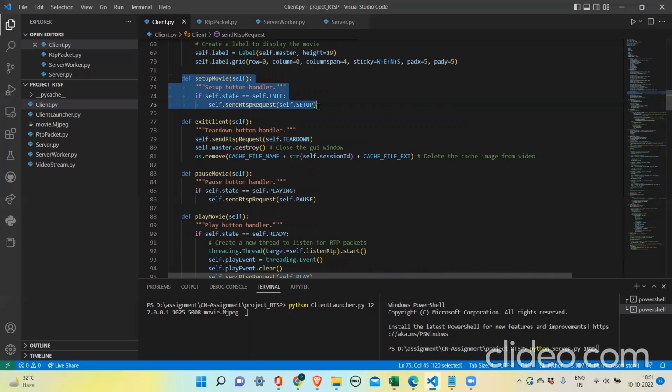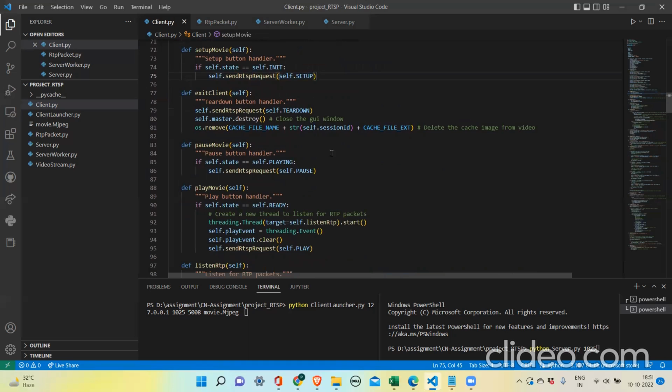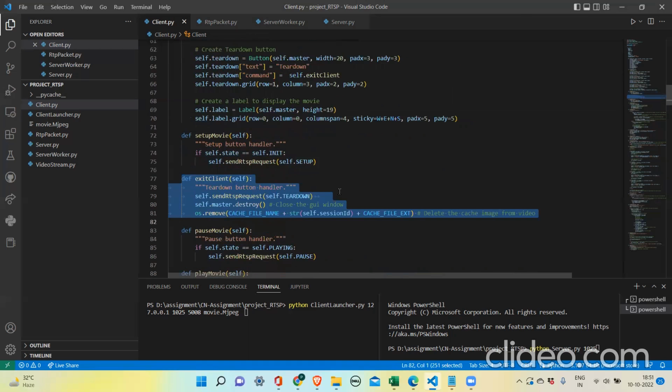On setup, depending on the different types of request codes we receive, we will either pause, play, tear down, etc. And here, this is the client exit command,